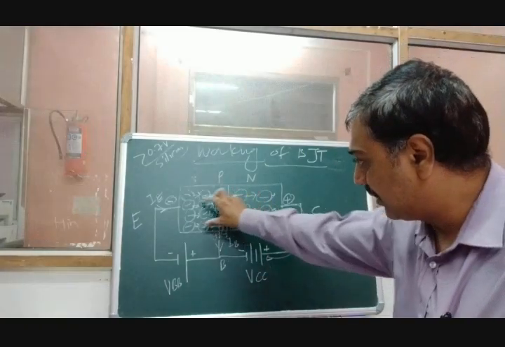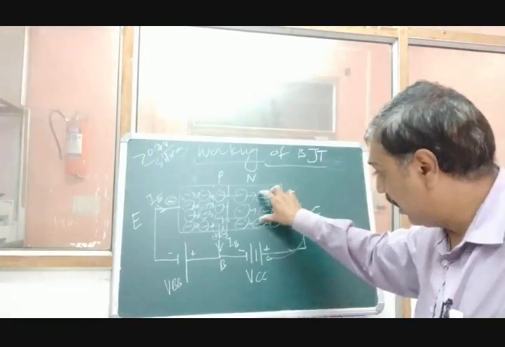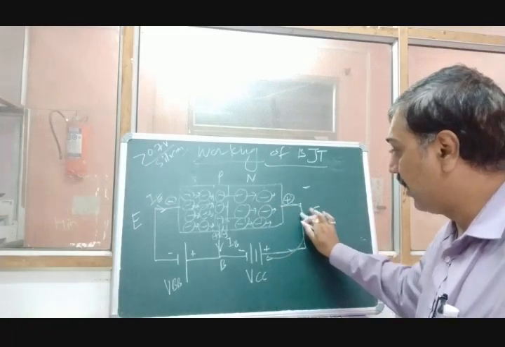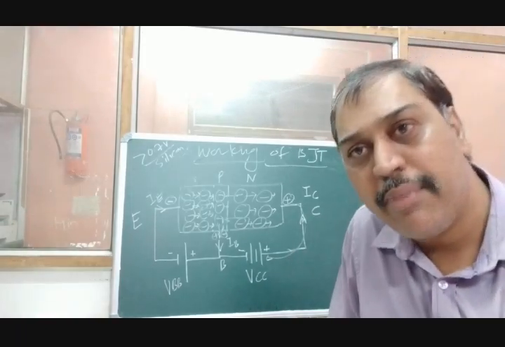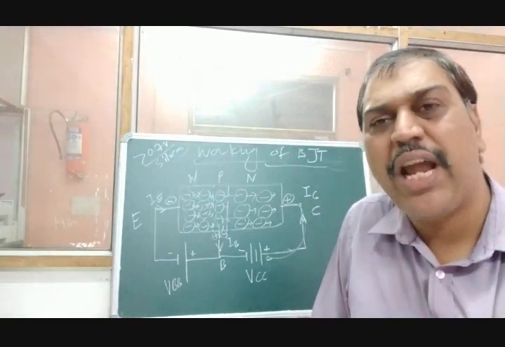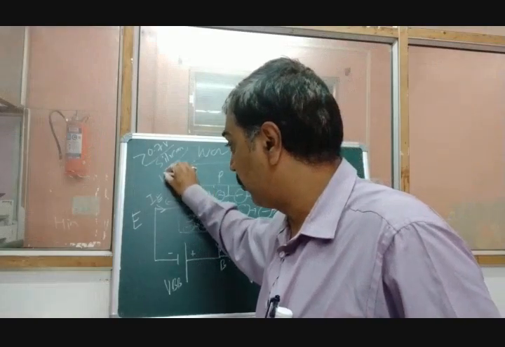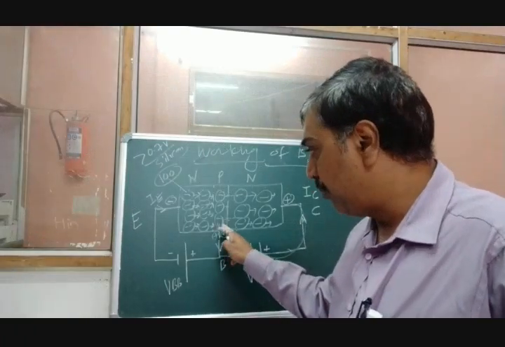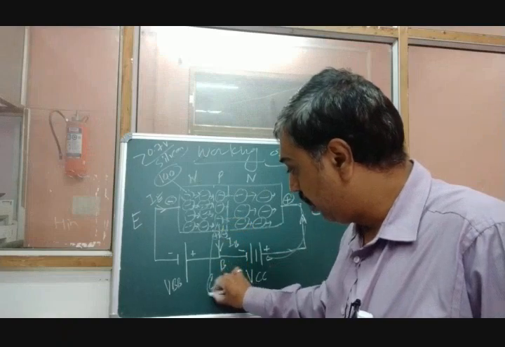Due to the movement of all these electrons emitted from the emitter, entering the base, finally coming to the collector, and from the collector to the battery, it creates a current that is said to be the collector current IC. Now the point to be remembered, one most important point: suppose we have 100 electrons here in the emitter. When all 100 enter the base, suppose in the base there are only 5 holes.